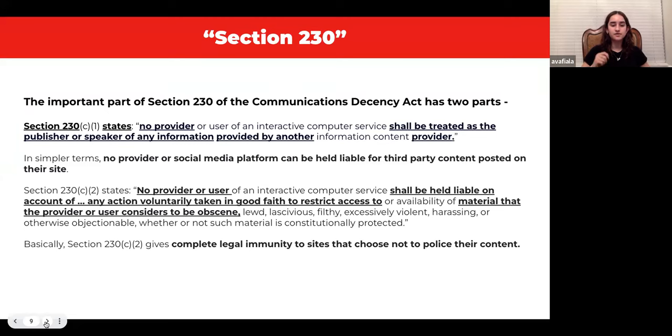So it's up to the third party themselves to decide what kind of restrictions they want to impose on their own platform. And this poses problems later down the line, which we'll get to more when we go to certain pro arguments and neg arguments. But yeah, that's the basis of Section 230. And I highly recommend reading all the parts, especially the fine print, because that's going to be pretty important.